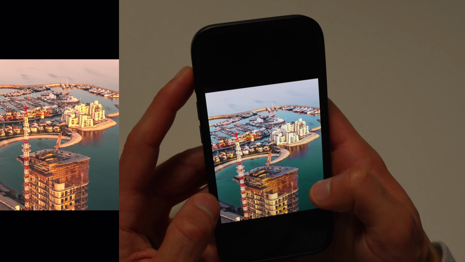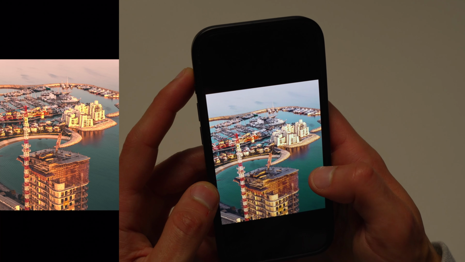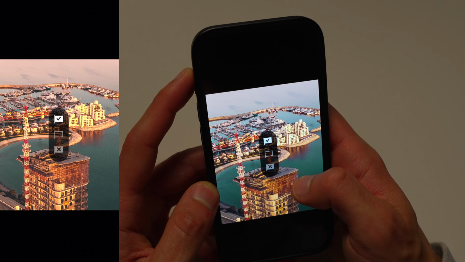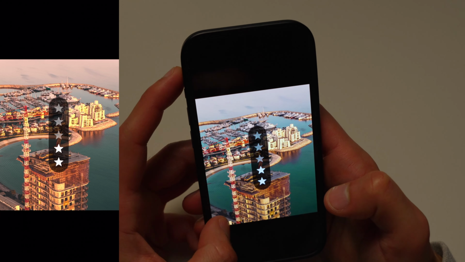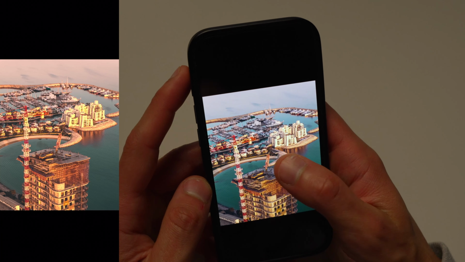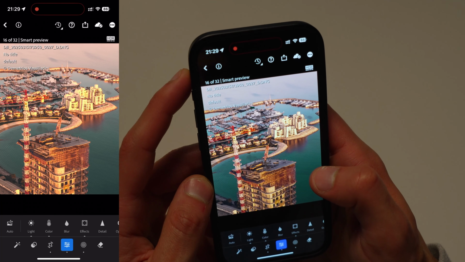browsing which photos you want to keep or star, if we use the right hand side of the screen and scroll up or down, you can see we can select or deselect the flag rating. And if we use the left hand side of the screen, we can use a star rating by just tapping and then swiping up or down to star a photo. If you want to come back out, we can literally just click once and then we've come back to